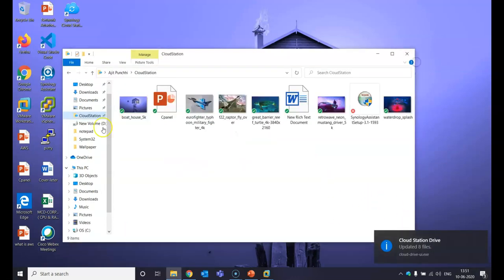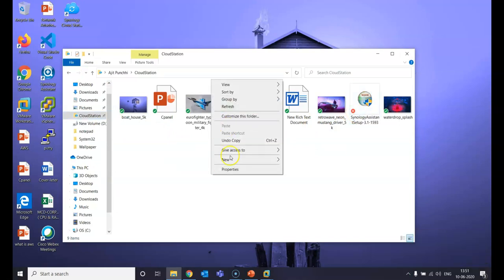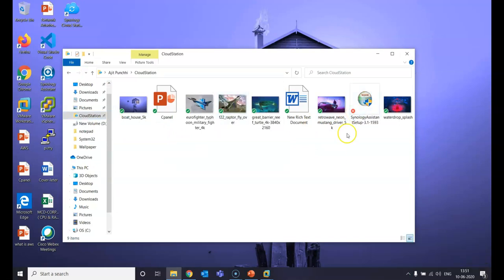Let's see what will happen. Refresh it. You will see a red cross button. Why is it saying that? Because in the policy we have mentioned that no exe file will sync with the Synology box. That's why we are not able to sync any exe file with our Synology Cloud Station.